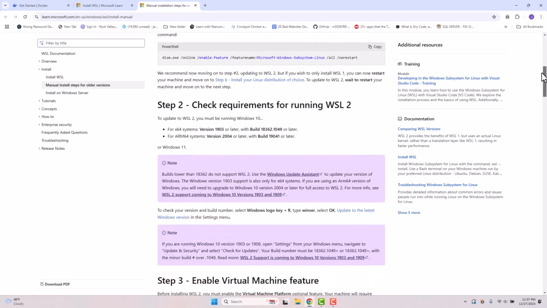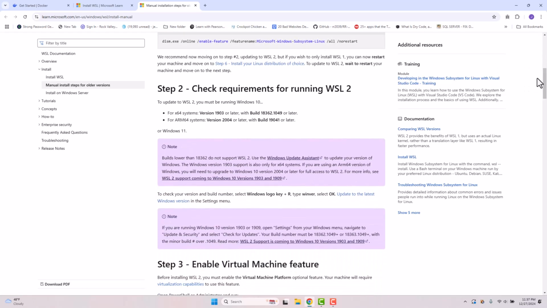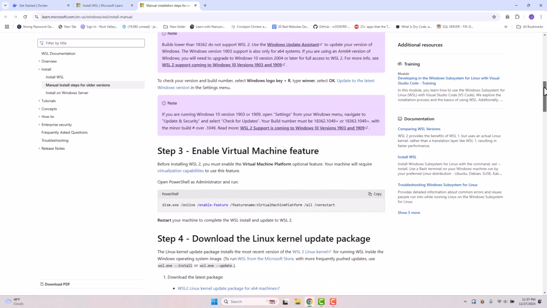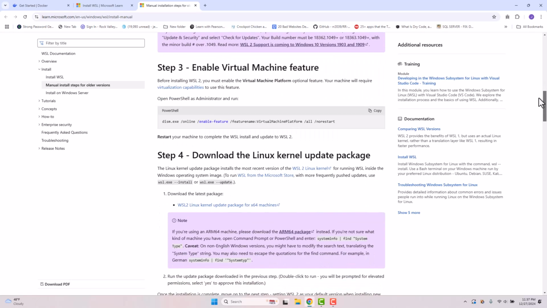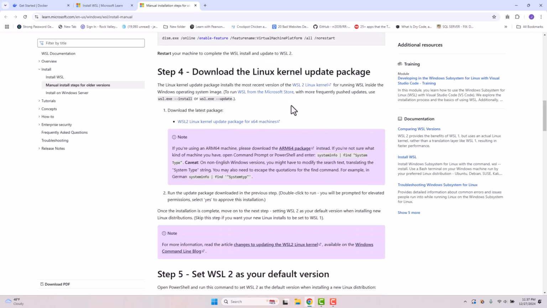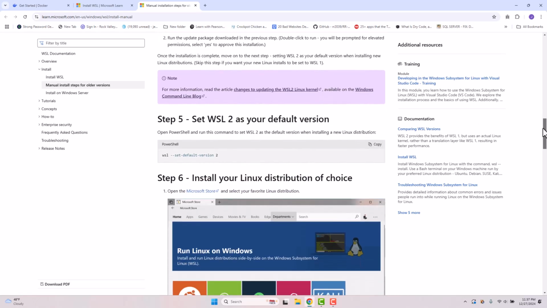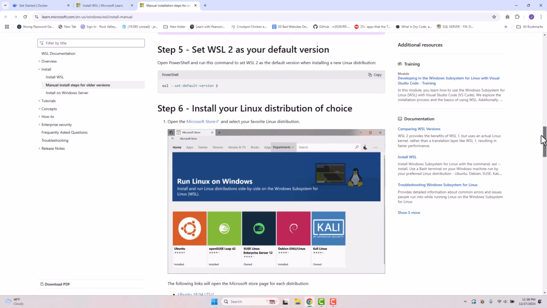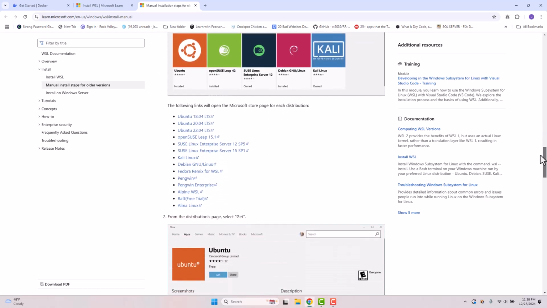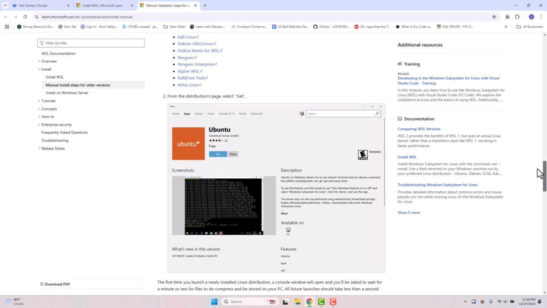Then I would come down and check the requirements for the WSL2, make sure that that was okay. Enable the virtual machine feature again in PowerShell. Go through the downloading of the Linux kernel update package. Continue with setting my WSL2 as my default version. Install the Linux distribution of choice. We should be installing Ubuntu, which should be the default.